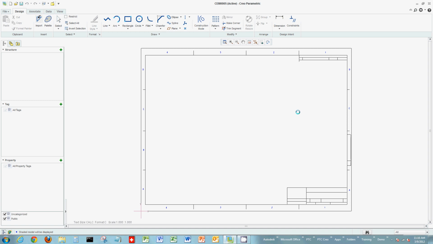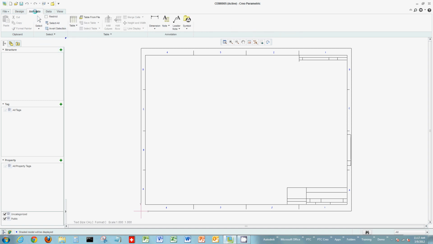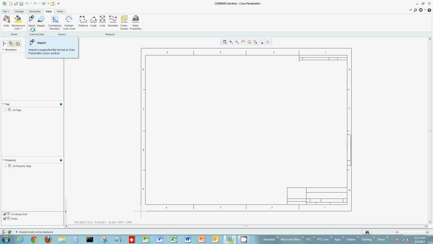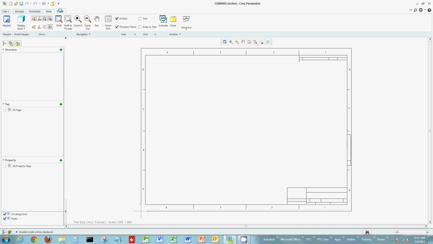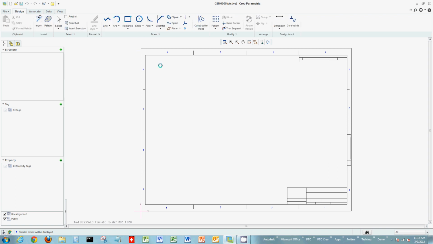Now Creo Layout is using the ribbon interface, the same as all Creo apps do, so I have tabs across the top on the ribbon with panels of like commands grouped together. Design is basically all of your design, drafting elements, just sketching if you will. Annotation is annotation, text, in this case dimension, tables. Data allows you to import, export, or import images, import other files, also to be able to analyze different elements. And then View, a lot of view tools. You're zooming, you're panning, and some of the other elements we'll look at in the Creo